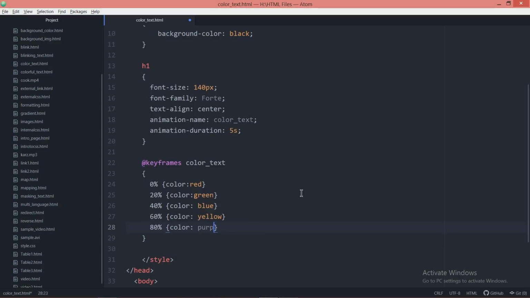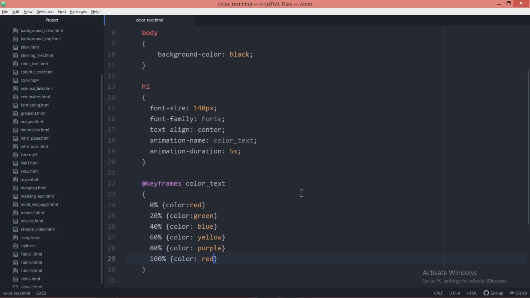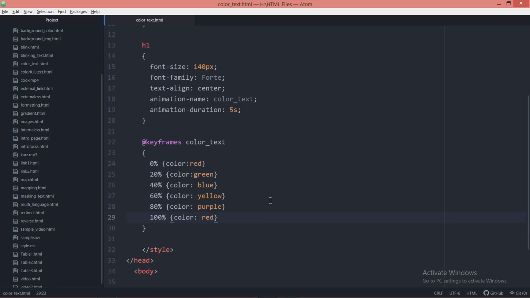Any color you can set, and at the end of the animation set the same color as the first one for the smooth running of the animation. See, I have just mentioned this sequence: 0, 20, 40, 60, 80 and 100. This is up to your own requirement.